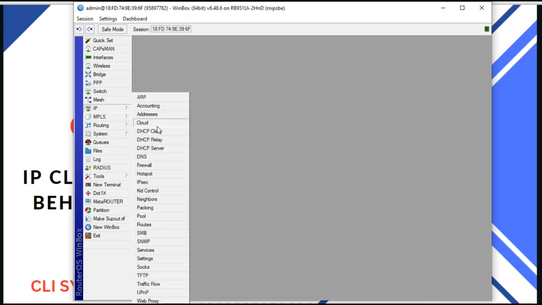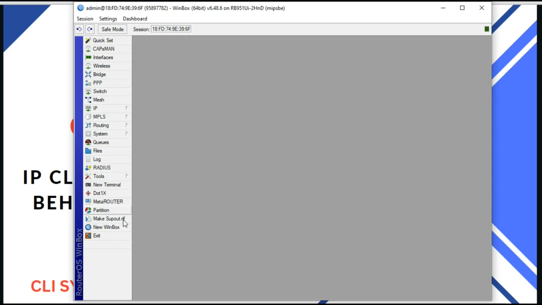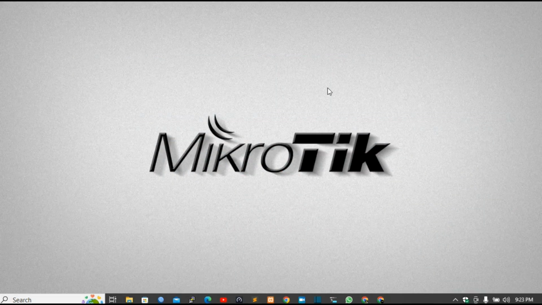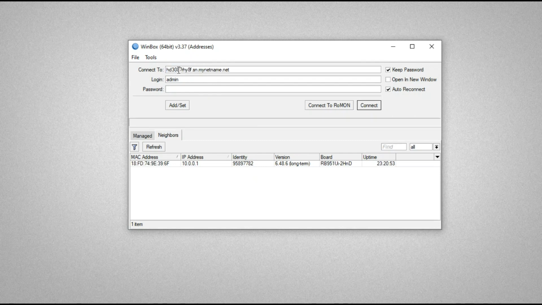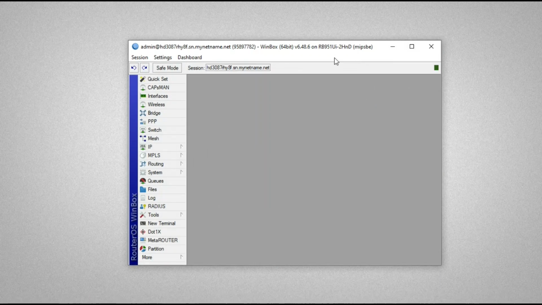So if I go back to cloud and pick this unique DNS, what I'm going to do is log out. And once I log out, I'm going to log in again, now using the dynamic DNS, and then I'll put my password and try to connect back. Of course, you can see I can now log in to my Winbox with the generated